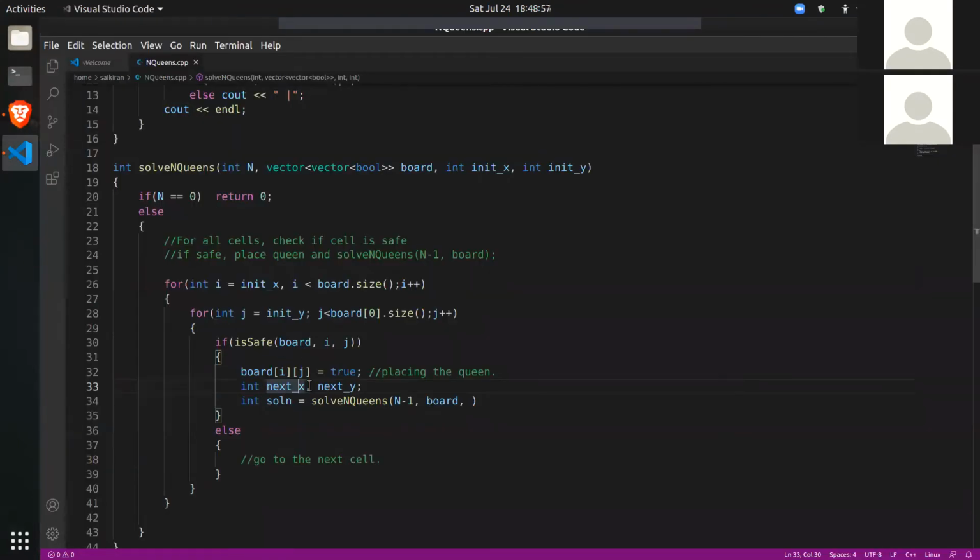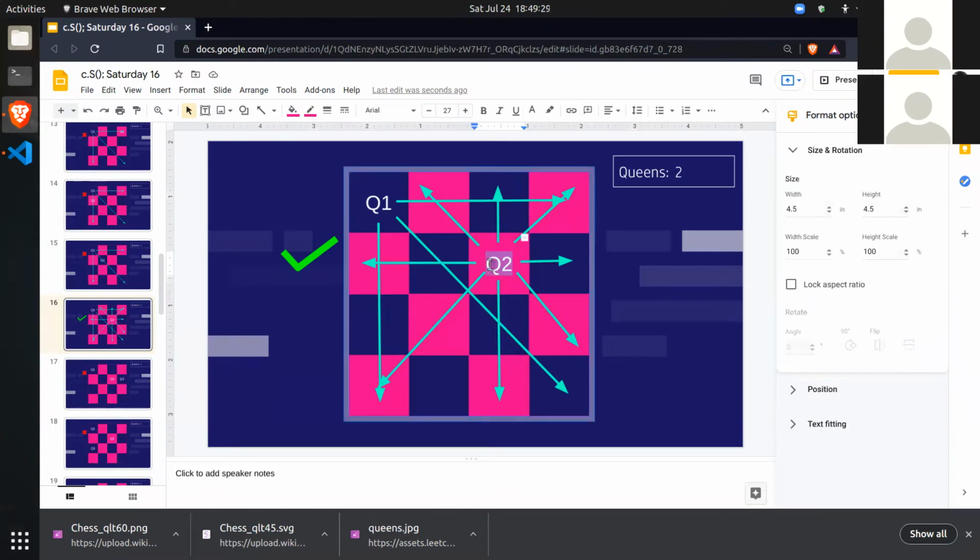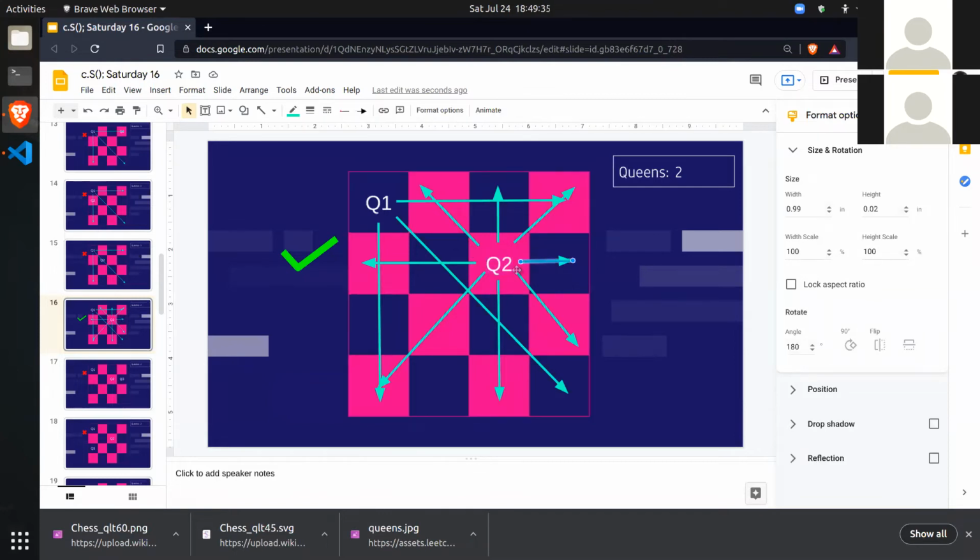So next x and next y are those variables which give you the next position from where you should start the search.